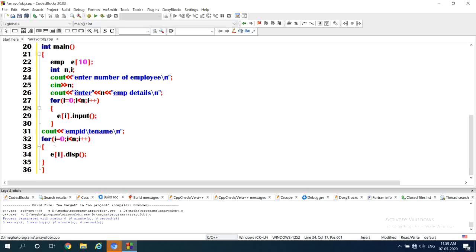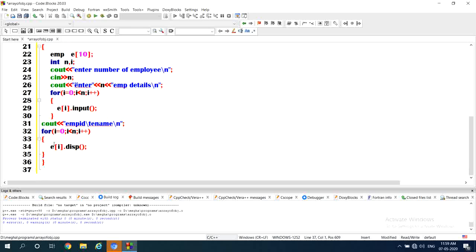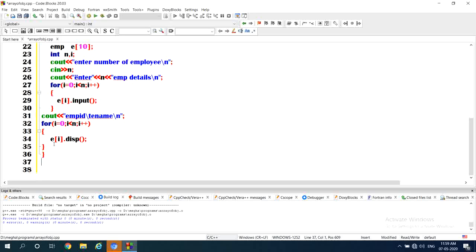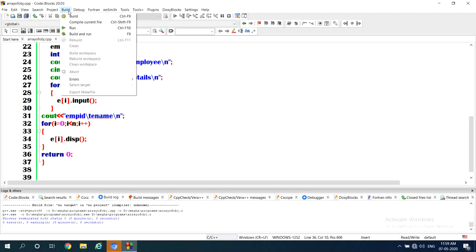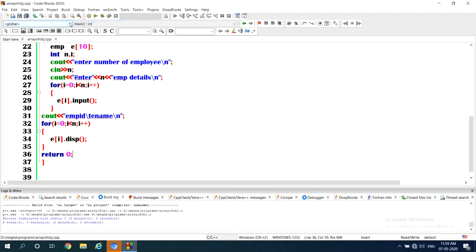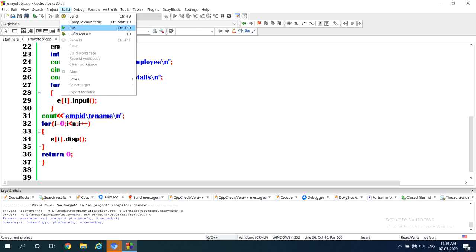Now I have taken int main, so I have to return a value, return 0 semicolon. Let us save the program. Now I'll compile. So 0 errors. Let us execute the program.